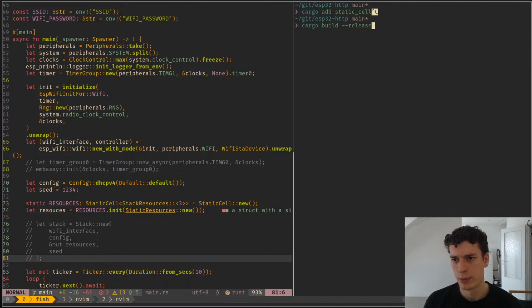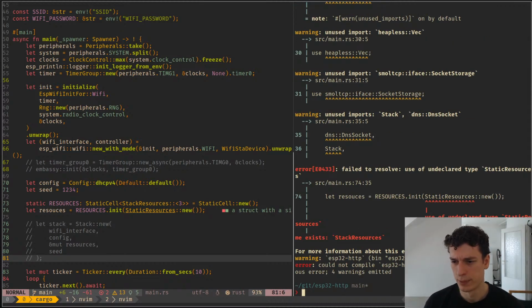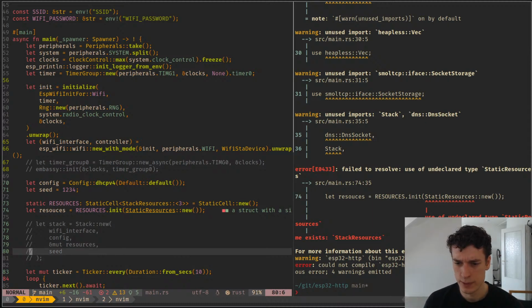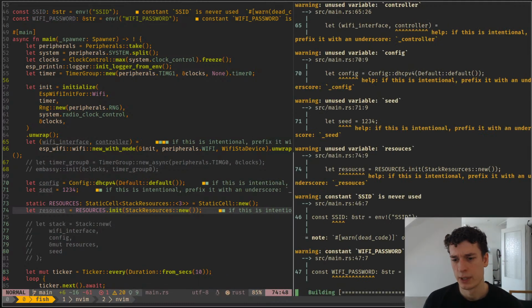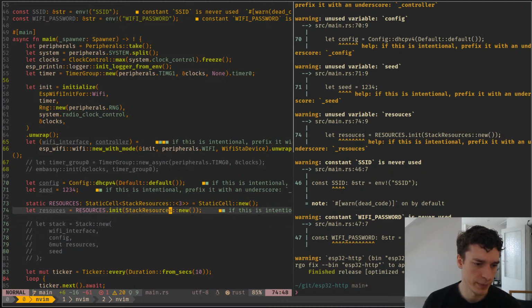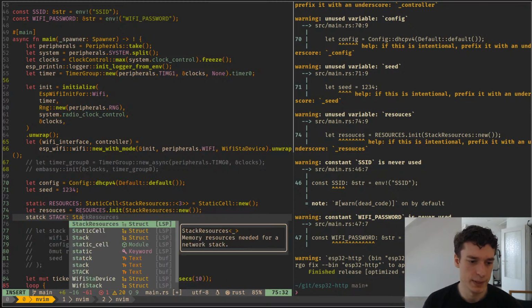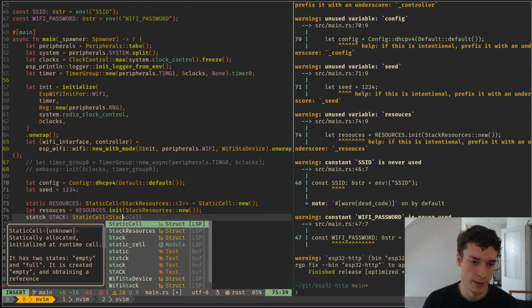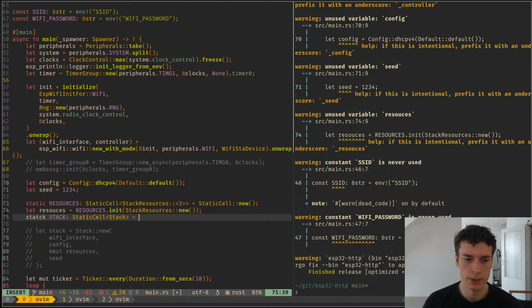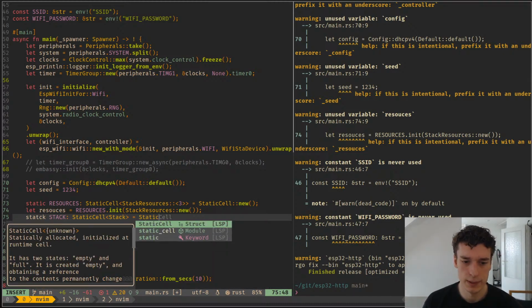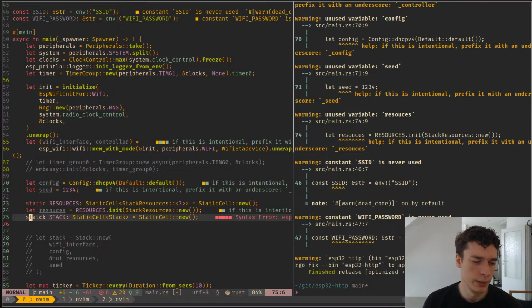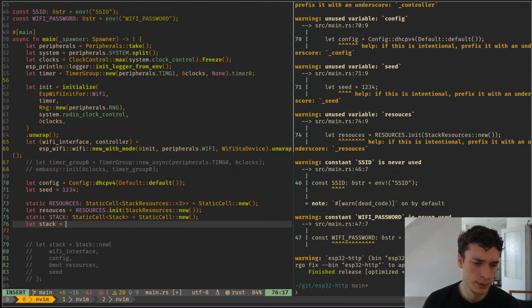Is there a build somewhere? Static resource, use of undeclared. Yeah, it's not static resource, it's stack resources. Okay, it can build. Awesome. Next, we also do a static stack, that's a static cell for a stack. And it's again a static cell new, and then we do let stack equal stack